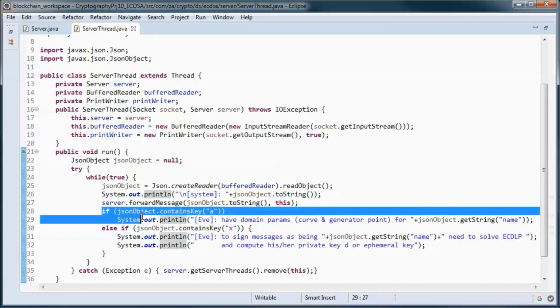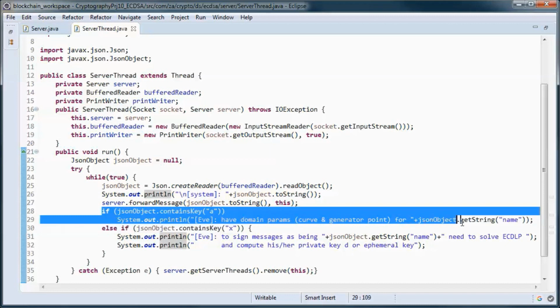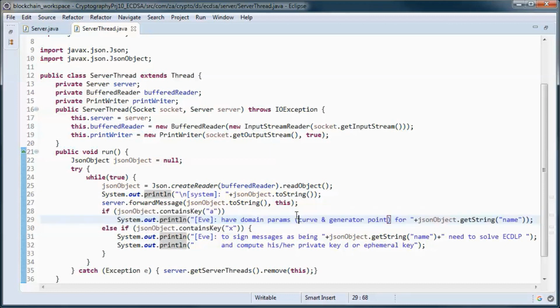So if the JSON message contains domain parameters, then we indicate that.